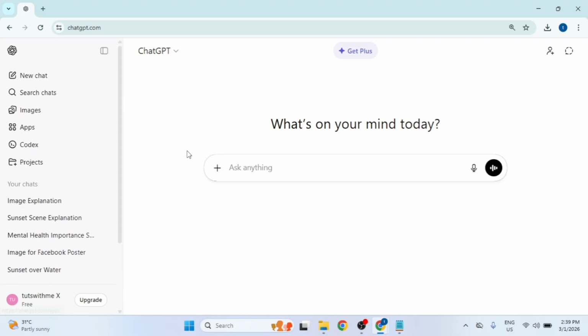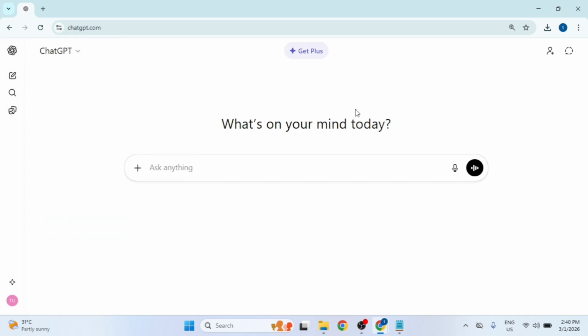To clear up some visual space and focus purely on my current chat, I'll move my mouse up to the top left corner of the screen where the sidebar icon is located. It looks like a small sidebar or panel symbol. I'll click that icon once, and you'll see the sidebar immediately collapse, giving me a much wider area for my